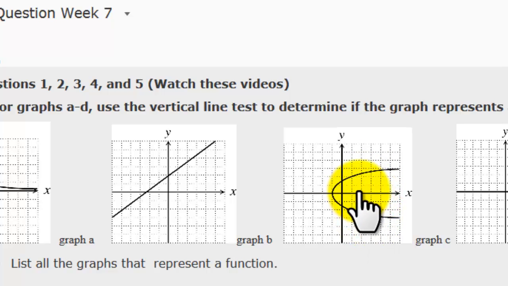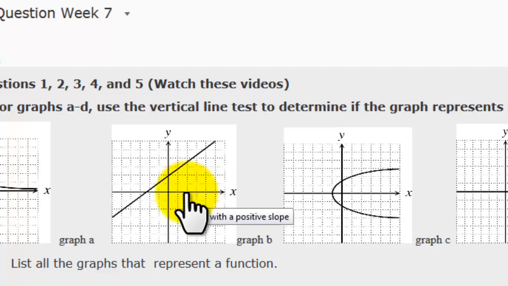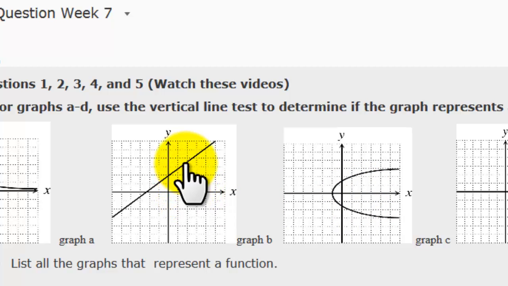Where x is 2, you have a positive point. Where x is 2, you have a negative. And that's not okay. Where x is 2 and there's 1 point, that's a function, not another point along this